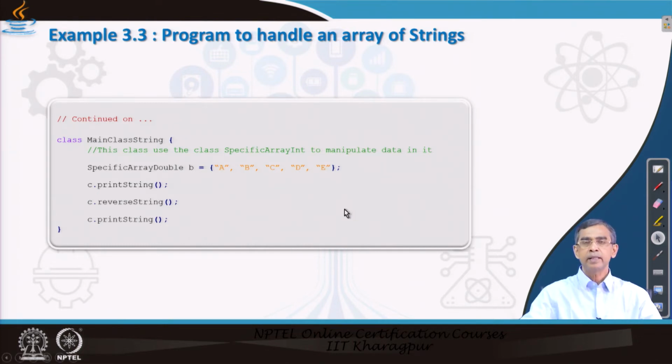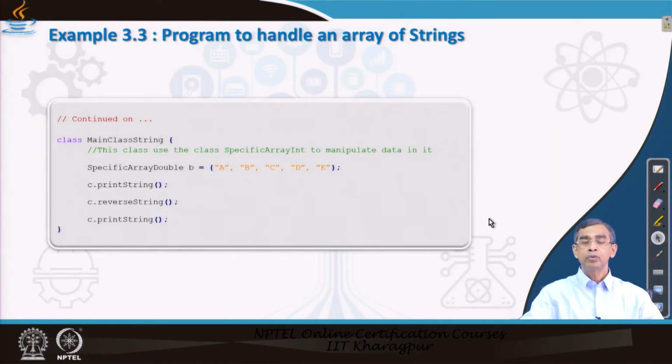Now, so three different executions we have discussed, for which we have to write three programs: specific array int, specific array double, and specific array string. This should be written as string, by mistake it is written as double. So, three methods we have discussed and we call it.